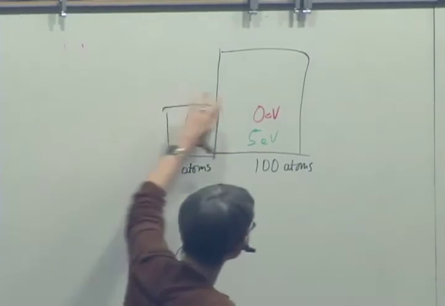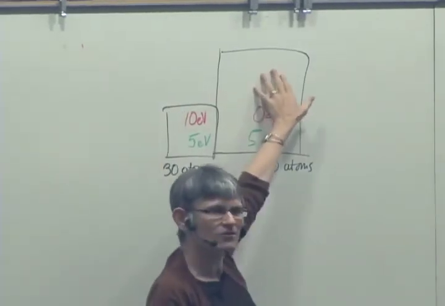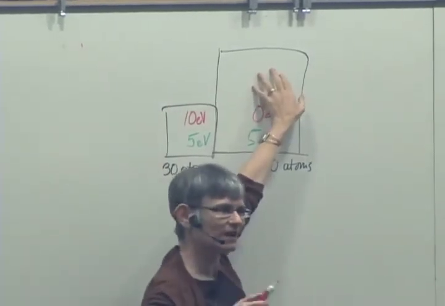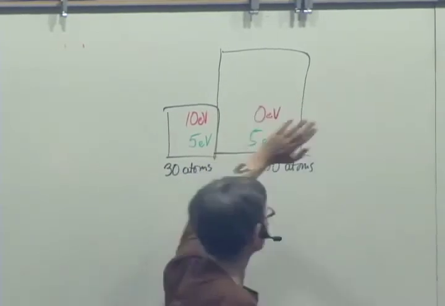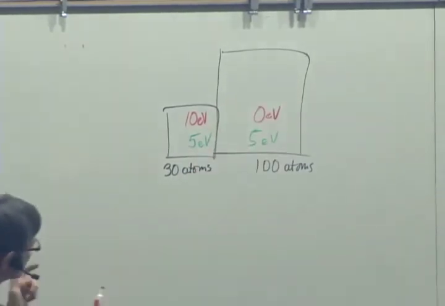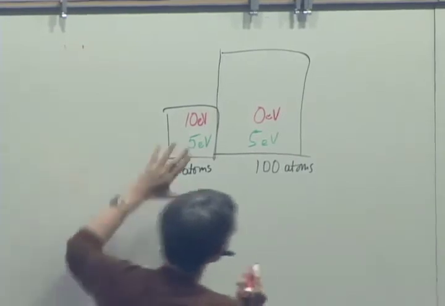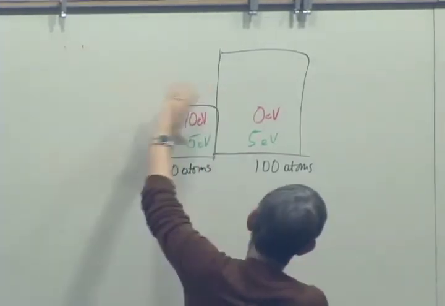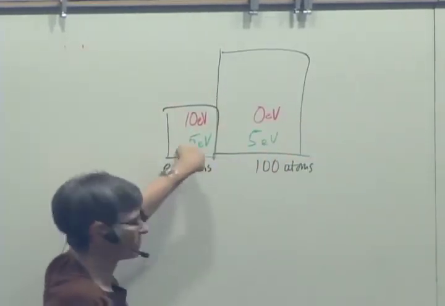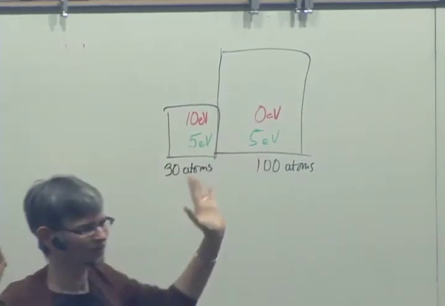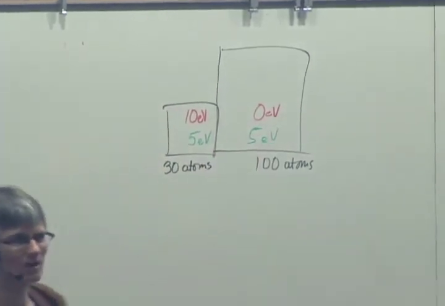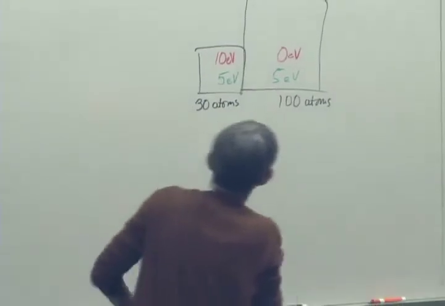And so why not? Well, there are just a lot more places for the energy to go here. There's just a lot more atoms that can have energy. So the little block should end up with less energy than the big block, you're thinking, because there's fewer atoms and fewer oscillators. And that turns out to be right. That's how it works.